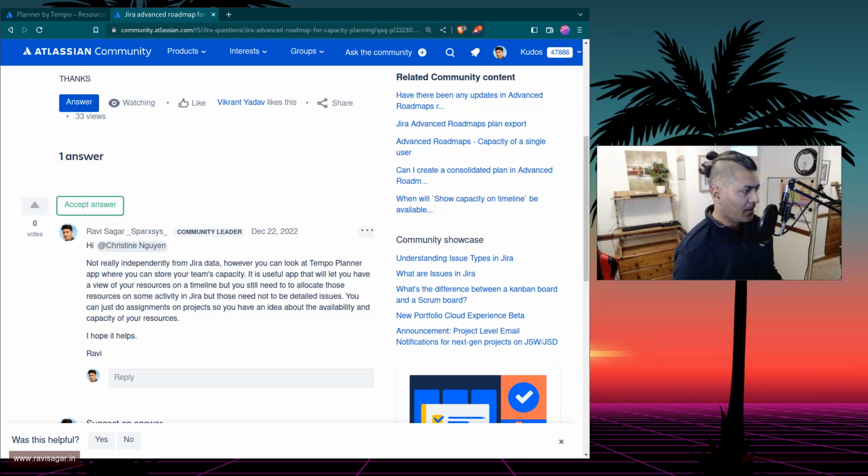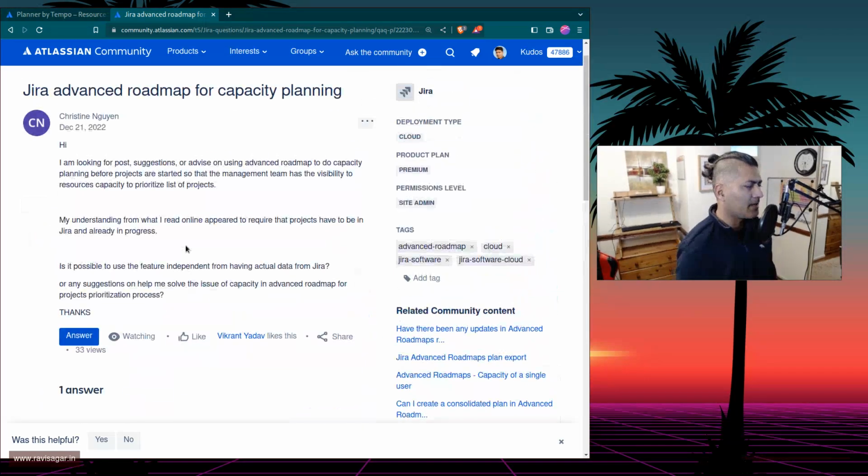Hello everyone. So today I was looking at this question on the community, and this question is related to capacity planning, and especially if you want to use advanced roadmaps, then you must be wondering whether you can do capacity management using advanced roadmaps or not. Yes, you can, but the challenge is that